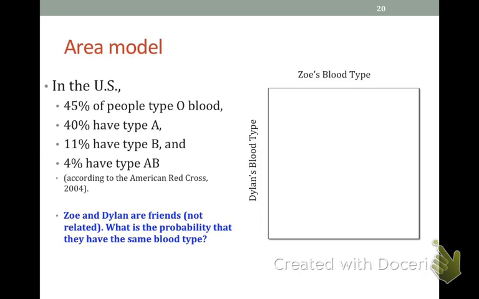What is the probability that they have the same blood type? Okay, so you got on one side Dylan's blood type, and the other side you got Zoe's blood type. So let's go ahead and make an area diagram that would represent the different quantities or percentages that their blood